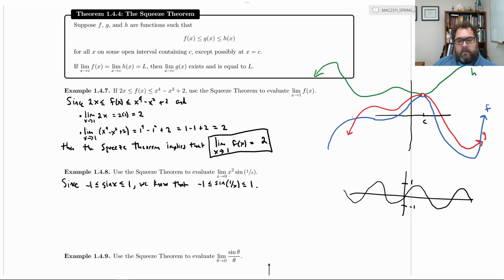Okay, but now that's not going to cut it for us, because we need to find two functions such that the middle function is trapped between them. The middle function is x squared sine 1 over x. Right now I have sine 1 over x. I need x squared sine 1 over x. So how can I do that? Well, just by simple algebra, we can say, so put a comma there, which implies